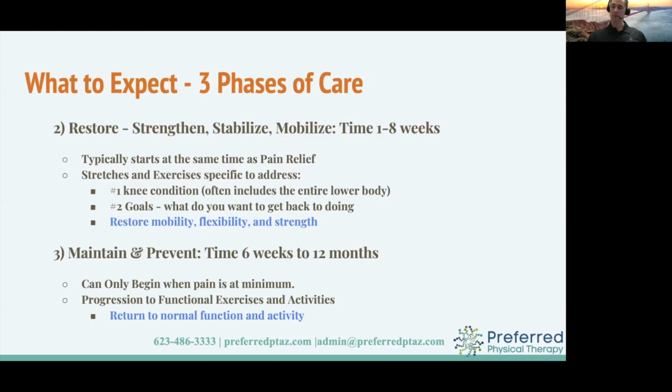So then when you go into that maintain and prevent phase, which is 6 weeks to 12 months, really to forever, there's a level of artistic liberty that exists for you as you get more comfortable and more aware of what movements are good for you and what exercises are appropriate. Some of those things are left open for you to be creative and explore on your own over time, which is hugely effective and hugely important.